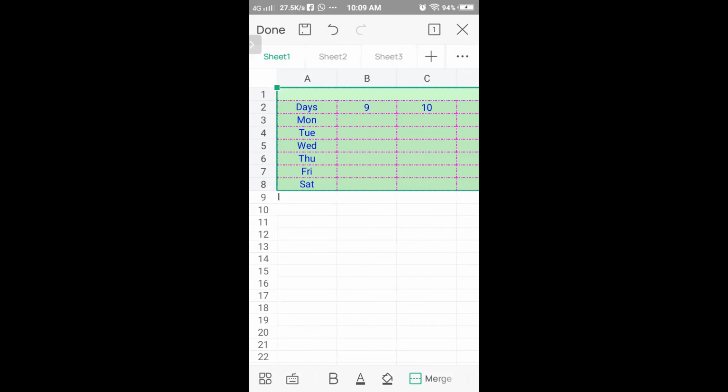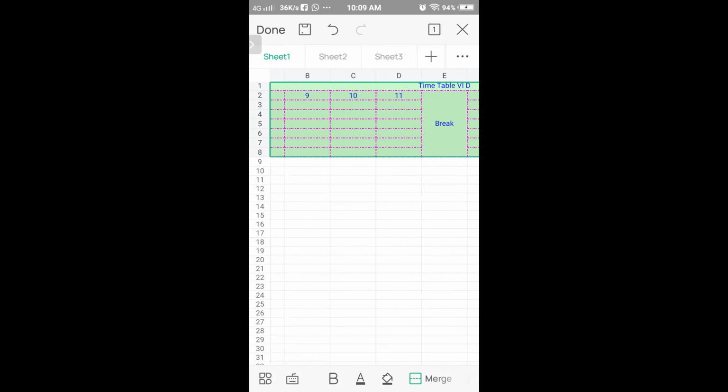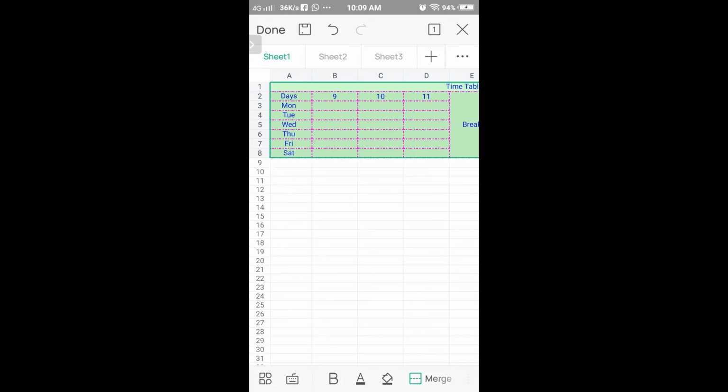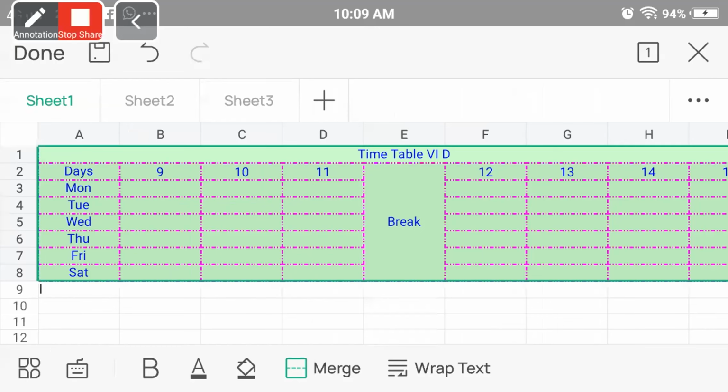Now this is how it is coming. ठीक है. अभी I have given a common color to everything. You can give different colors also. For that you need to select one by one. I have selected the whole table in one go. आप पहले पूरा table select करके you can give borders to everything and bring everything in center.